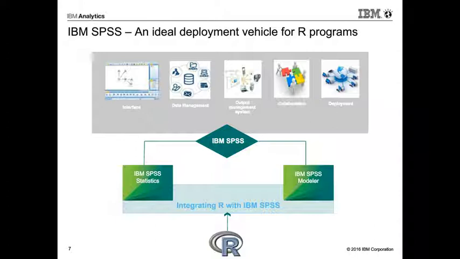And for deployment, you have many deployment options that you can use as well. Now, through this integration, you can do it using IBM SPSS Modeler and IBM SPSS Statistics. Those are the flagship products of IBM SPSS. But today, for this webinar, we're only discussing IBM SPSS Statistics and R, how exactly these two integrate, and what you can do and how you can benefit because of this integration,